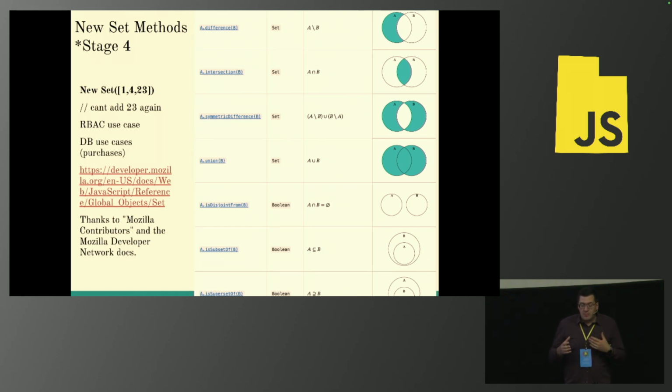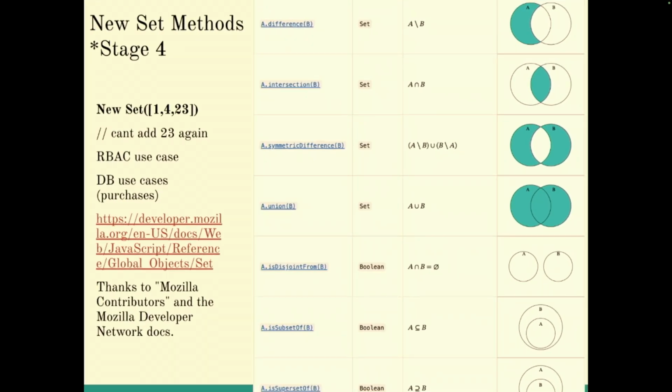The different set methods that will be included: what's different between one set and another, the intersection, where things overlap. If I have people at Utah.js and people at Atlanta.js, who went to both, who spoke at both, that would be the intersection. A symmetric difference would be who, of two different sets, is uniquely in those and doesn't overlap. The union, the inclusion of everything from one set or another, and then disjoint sets, subsets, and supersets.